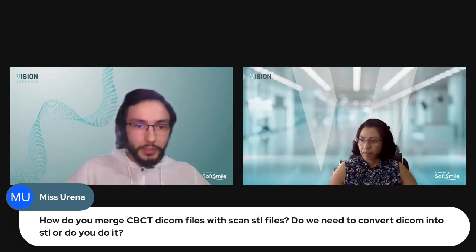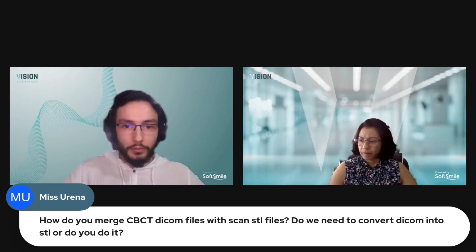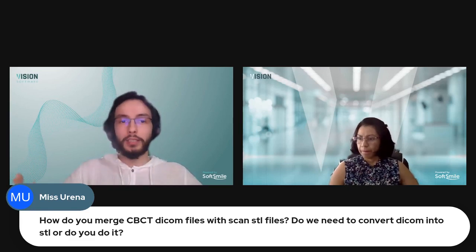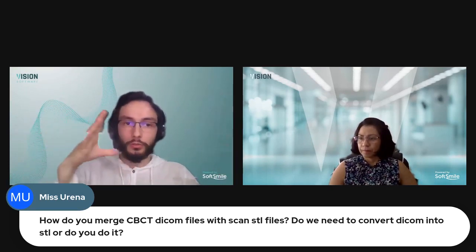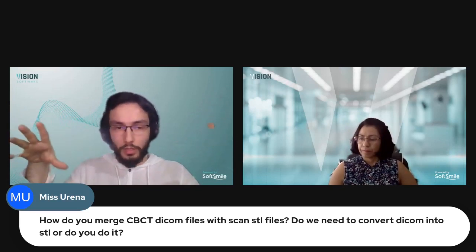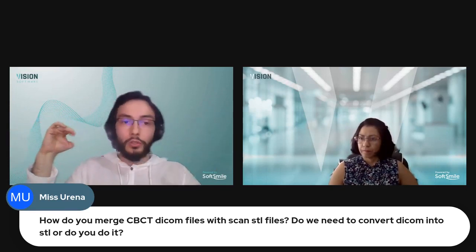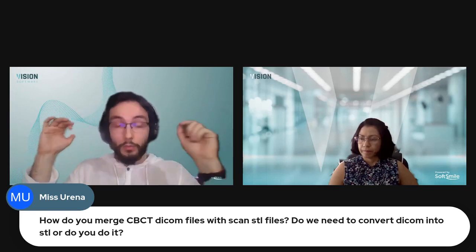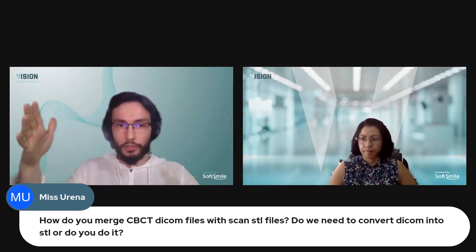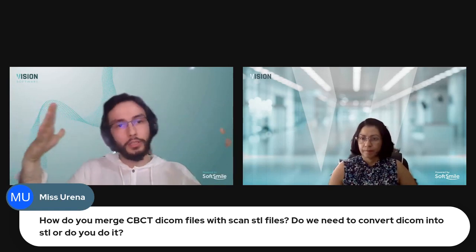How do you merge CBCT DICOM files with scans STL? Do we need to convert DICOM into STL, or do you not? That's a very good question, and no, you do not. So we only expect you to do the segmentation that Maria showed. So you bring in the intraoral scan, you do the segmentation, and in the very beginning you also upload your DICOM data. And what the system does in the background is something called registration. So it's a mathematical, geometric,